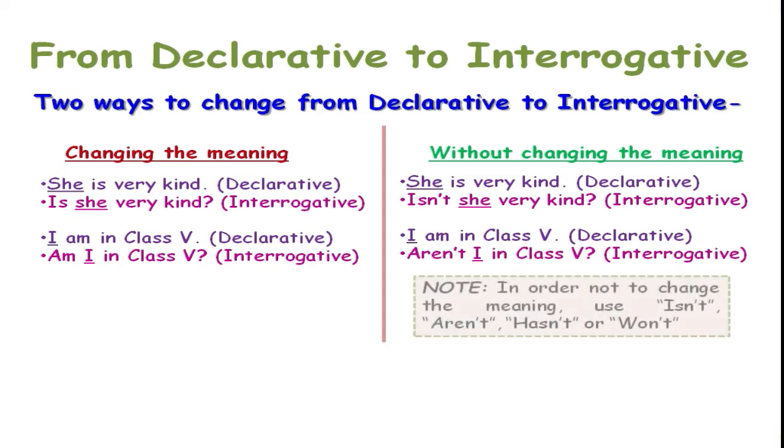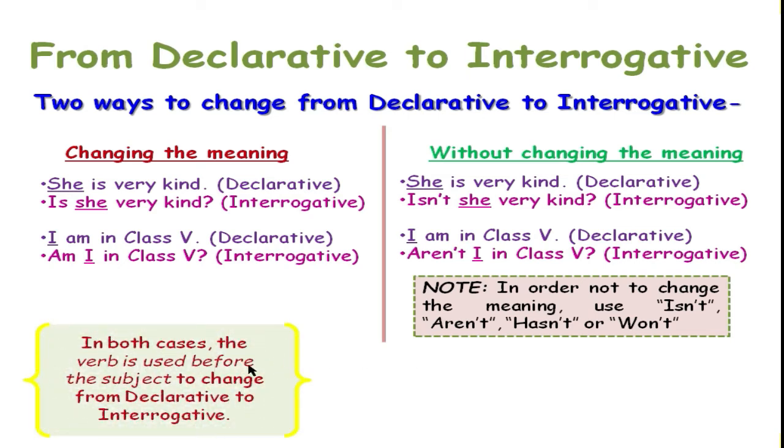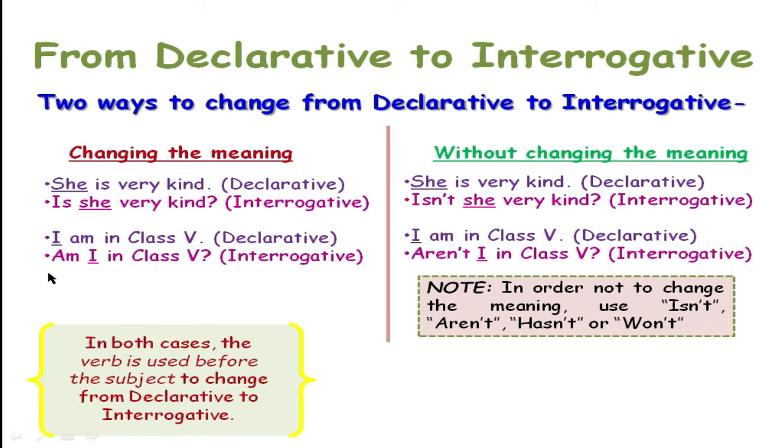Now look at these notes. Note number 1. In order not to change the meaning, use isn't, aren't, hasn't or won't. So when you will not change the meaning of the sentence, make sure your interrogative sentences starts with isn't, aren't, hasn't or won't. Next, in both cases the verb is used before the subject to change from declarative to interrogative. You can see here it's written is, am, isn't, aren't. So these all are verbs. I hope this is clear to you. Next,